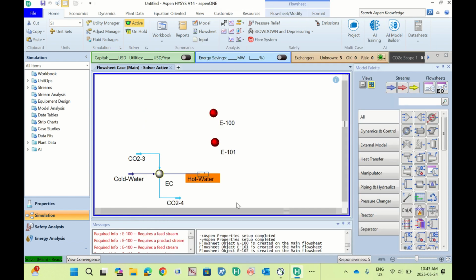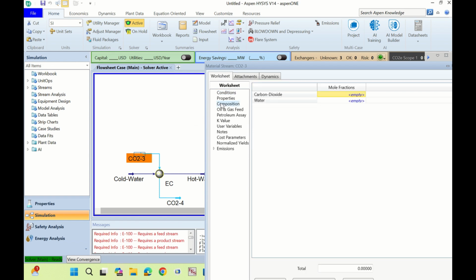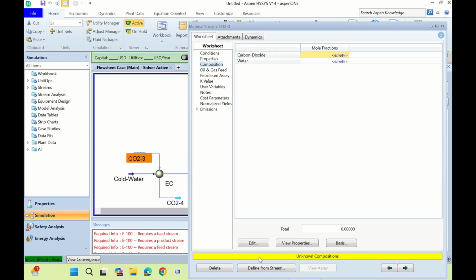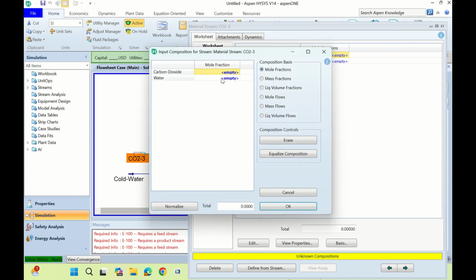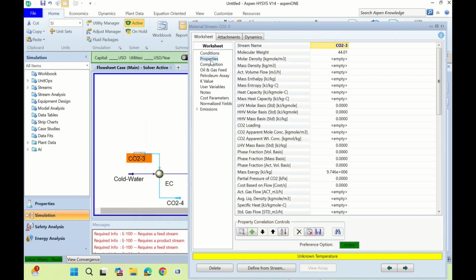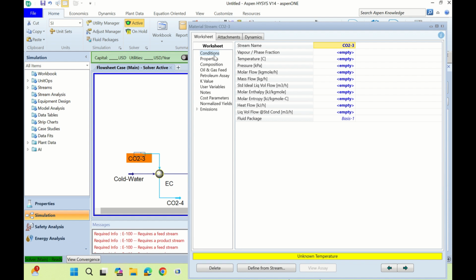Now we are done with the water and we can come to the CO2. Again, here we can click on the CO2 and go to the composition and define that this stream is CO2. Now this is CO2 and we can come and define the stream condition. We know the pressure is 400 kilopascals for the hot stream and the mass flow rate is 100 kg per second. But we don't know the temperature of this stream because